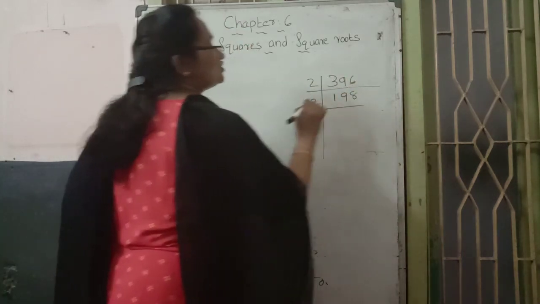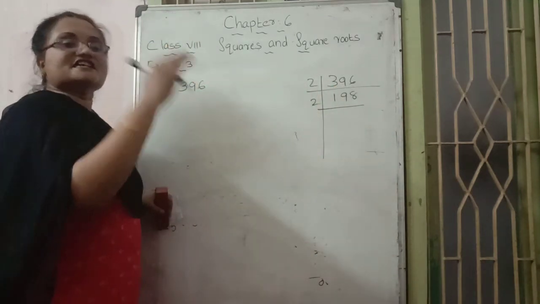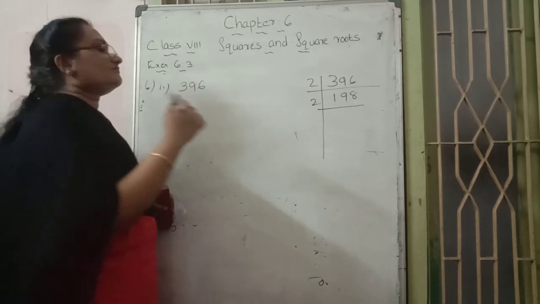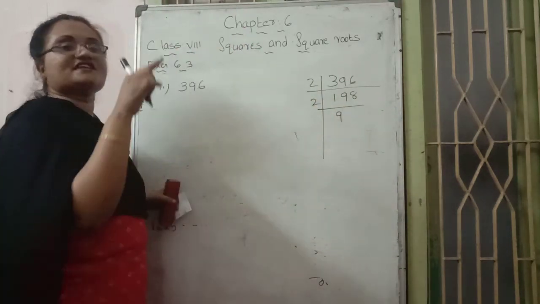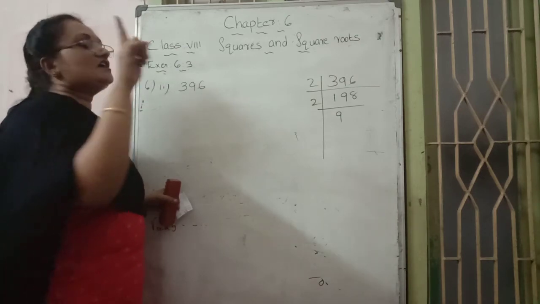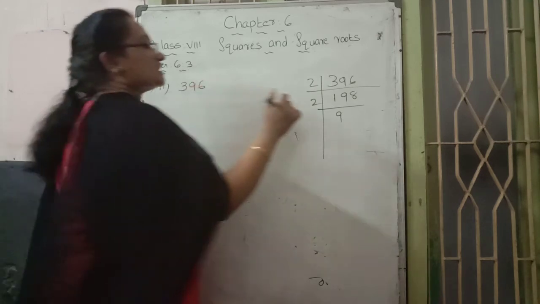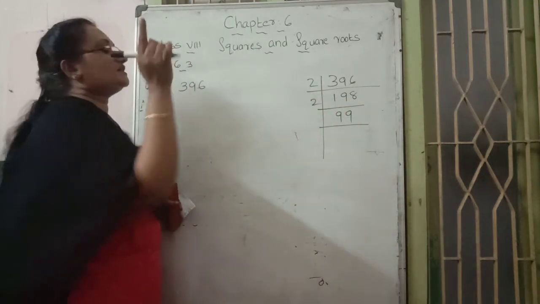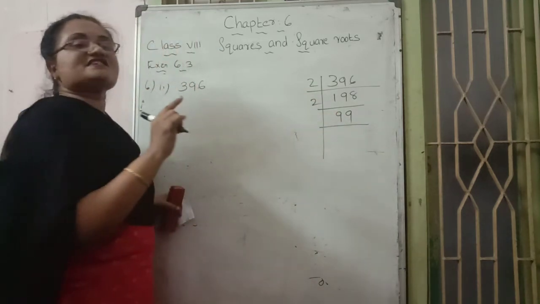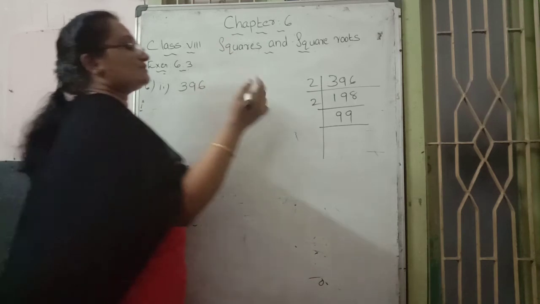Again we can continue with the prime number 2. What is the reason? Unit place is 2. That's why we can continue with 2. So 19, 9 times 18, 19 minus 18 because remainder 1 and next place number 8 joining, 18, 2 table 18, 9 times. Again which prime number? Only 2 not possible. What is the reason? Unit place is 9. 9 is not an even number. That's why next prime number 3.